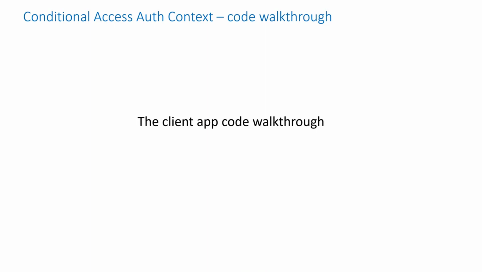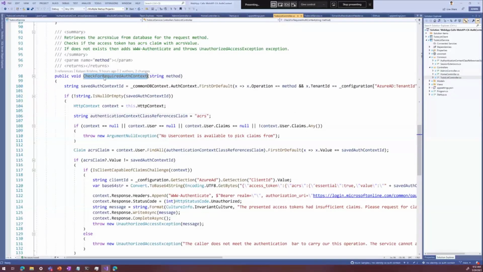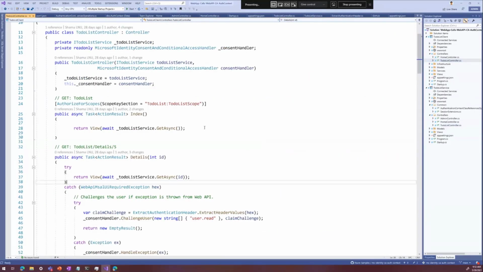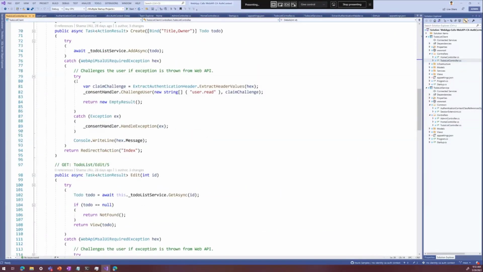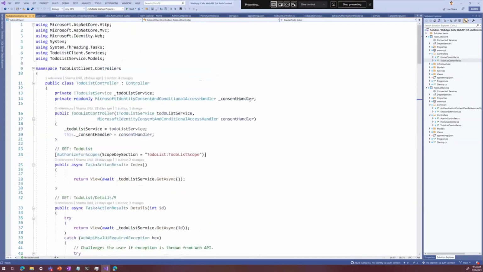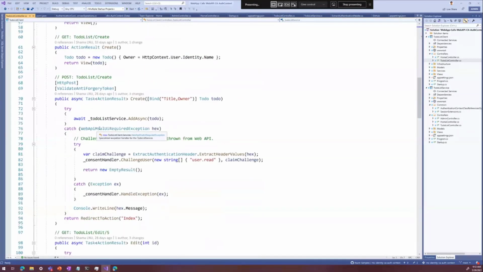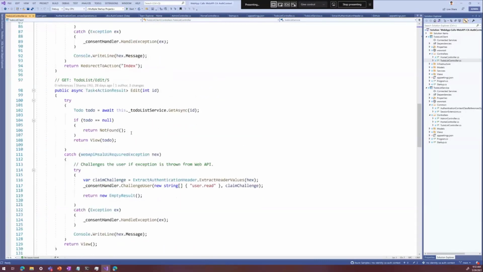Now on the server side, you saw that we had a bunch of code, but on the client side, it's actually much simpler. So going back to our code again, this is our server. We raised a claims challenge. Now we'll go to our to-do list client where we are handling this. So the way we handle this is just this. We are using the Microsoft Authentication Library, the Microsoft Identity Web. And what we do here is in our action. So this is where, let's go to the delete